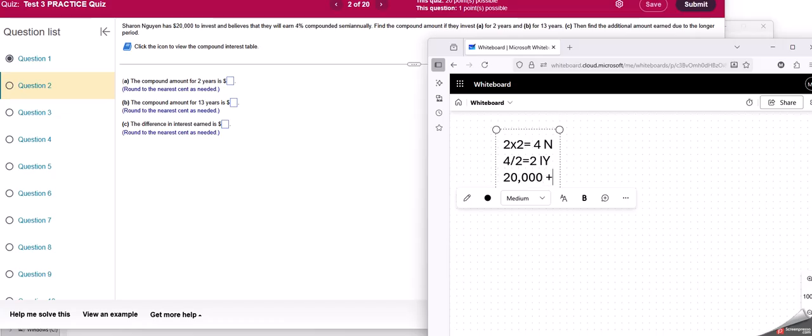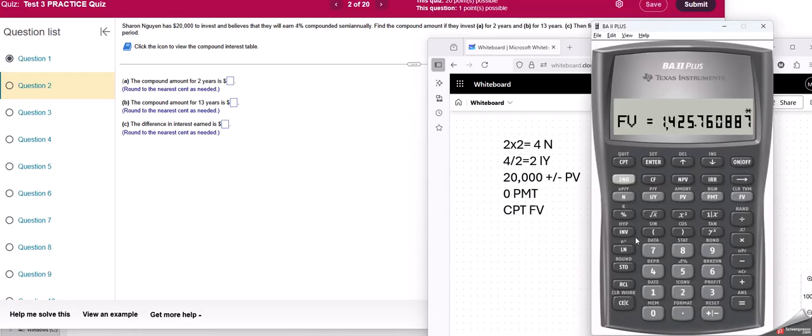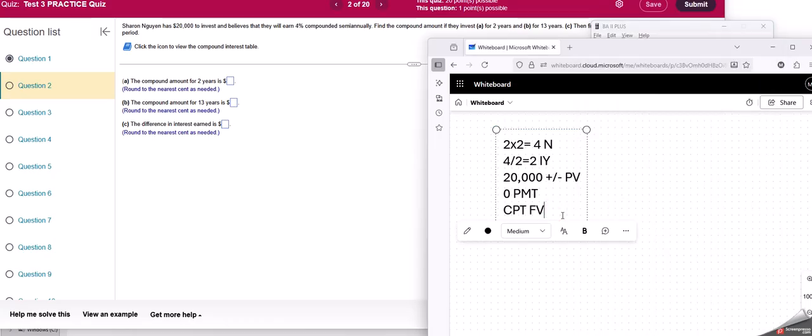20,000, plus or minus, is our present value. No payment at this point. And then we're going to compute the future value. Okay, so we'll come back here, bring that calculator back up. So 4 is our N, 2 is the IY, 20,000, make that negative, is our PV, zero out the payment, and then compute the future value. So 21,648.64